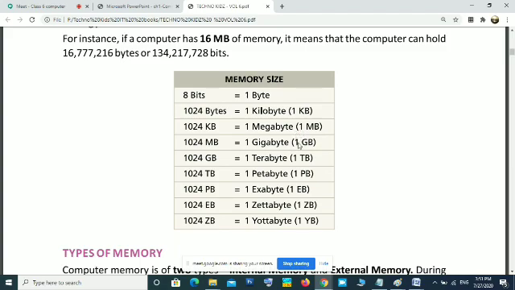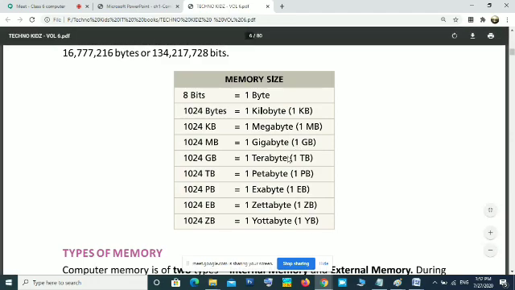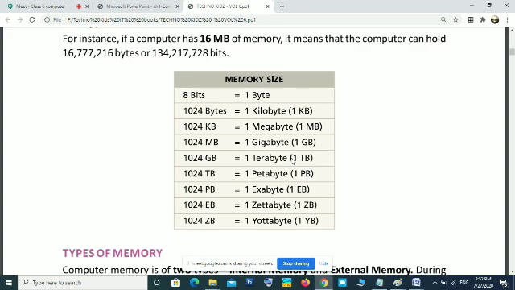Okay. Then higher memory, 1 GB. If you are storing a DVD film in your mobile phone, it will be 1 GB, or more than 1 GB, 2 GB, like that. That means it is using more memory in your device, computer or mobile. Then TB, terabyte. You cannot store a terabyte file in your mobile phone because it has no capacity of TB. 1024 GB is 1 TB.